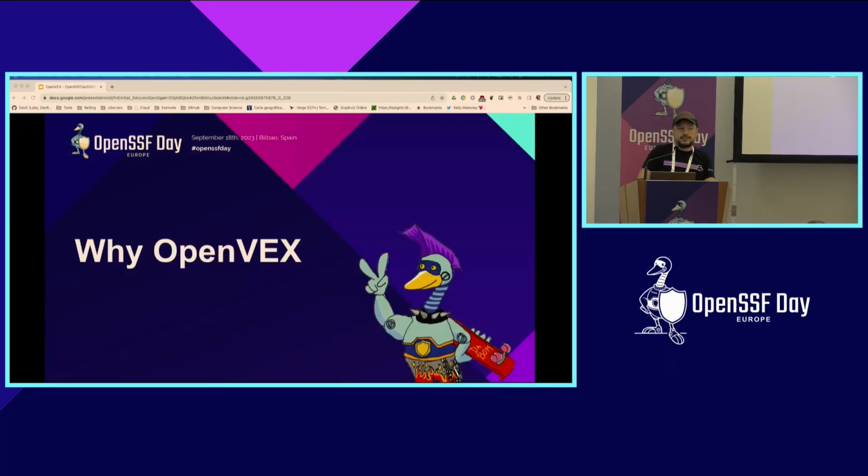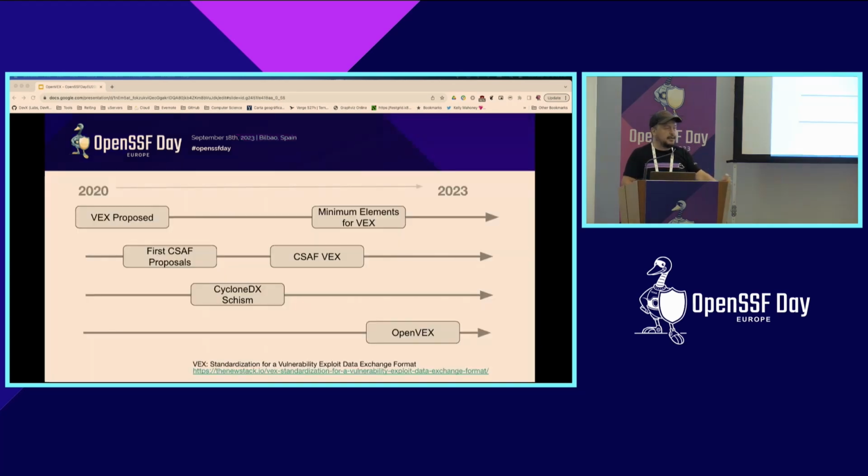And now the other question, why OpenVEX? To understand why we need OpenVEX and why we decided to come up with this project, we need to go a little bit back in history. VEX itself was proposed among the SBOM working groups coordinated by CISA and NIST back in 2020. And in those groups, people who were already working with SBOM started to distinguish and really foresee the need to better communicate vulnerability impact